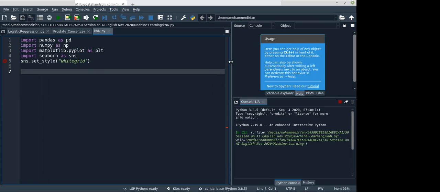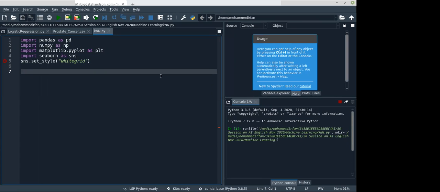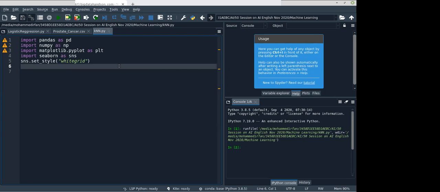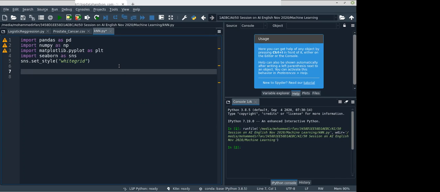For today's session, I'm going to use two datasets, one for regression and one for classification. For classification, I'm going to use the iris data. The iris data is the data of iris flowers. In iris we have three categories: setosa, versicolor, virginica.